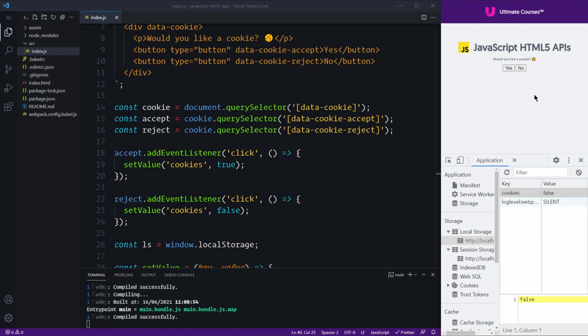If we were to save our false value in our local storage, it means that we can never ask them again if they would perhaps like to accept our cookies. So it might be that we want to in fact use session storage for this and local storage for this. Because when we accept a cookie, we might as well just assume that the user wants to accept it essentially forever,